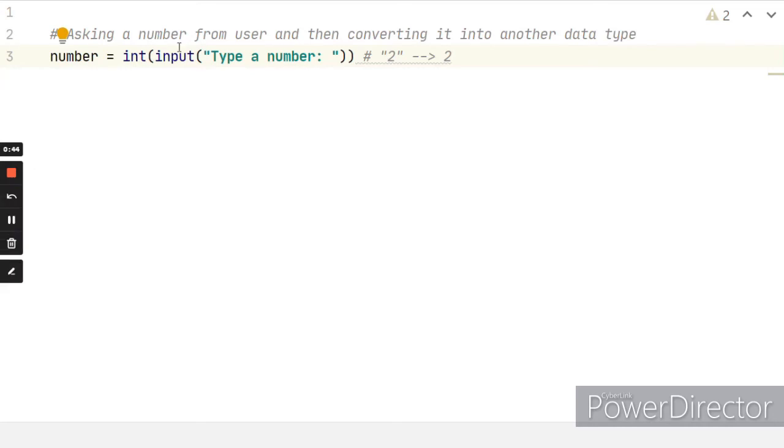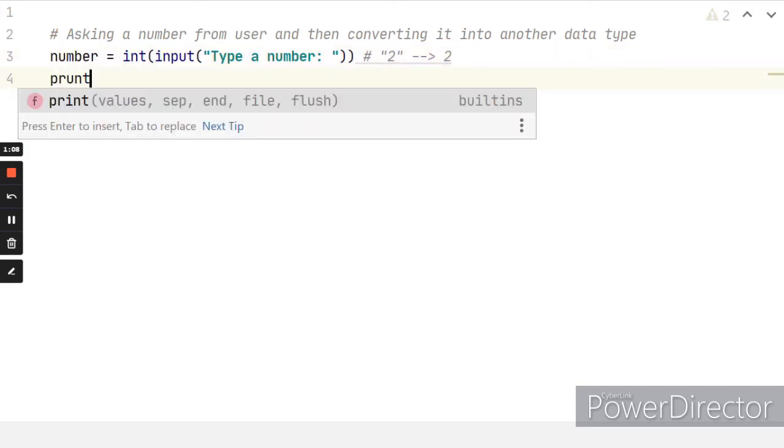Moving on, you first type int, then input, then a text or message you want to send to the user. As you learned earlier in the video, when the user types anything, the result comes out as a string like this one. Let's say if they type a number, it will still come out like this. But with the int function, the data will be converted into an integer as shown here. So now let's print the result.